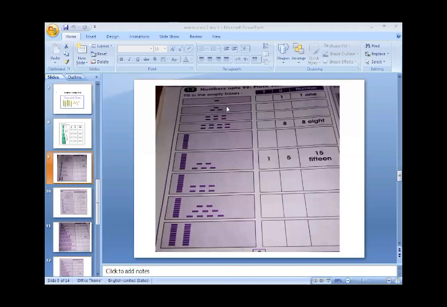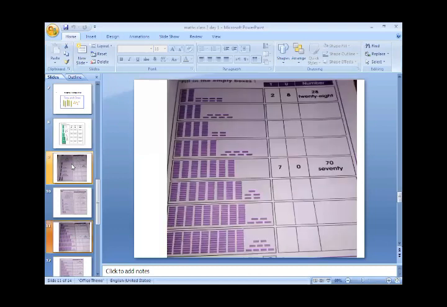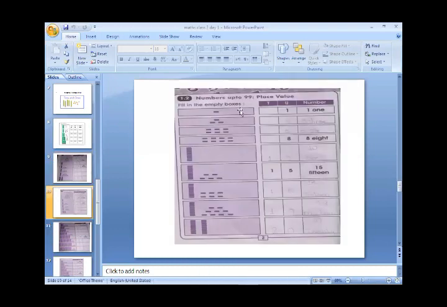In the second box, how many small blocks are there? There are 3 small blocks. 1, 2, 3. So we write 3 at unit place because 3 shows a 1 digit number and we write a 1 digit number at unit place. You will write like this: 3 at unit place and THREE at number column. Have you written?